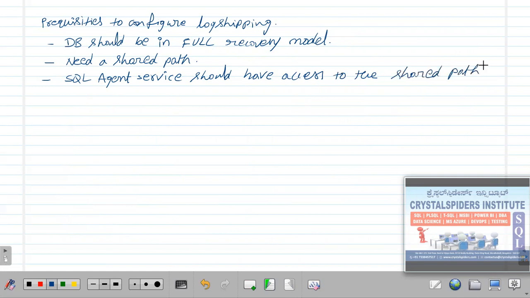What access? Write access. That means if I grant write access, it can put the files in that path. That should be write access to the shared path.